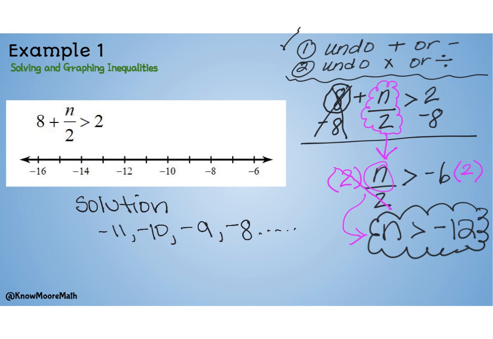So I'm going to go ahead and locate my negative 12. And recall that since it's n is greater than, we don't have an equal sign underneath that. And negative 12 is not included in the solution set, so I'm going to use an open circle. Then I am going to shade that part. Some students, when I was in college, I used to shade the whole number line, but